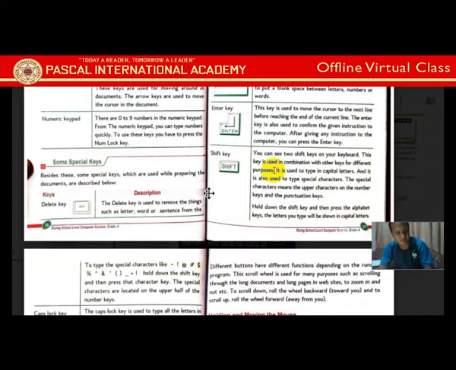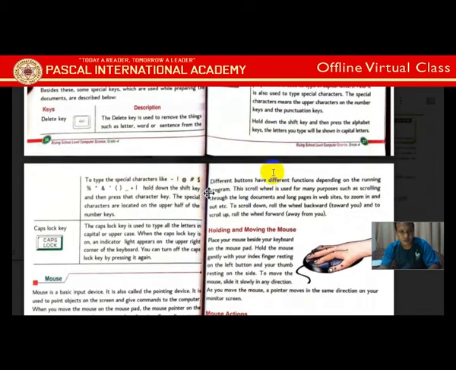If you hold shift and press 4, the dollar sign will come. That's why the shift key has special functions. With combinations you can use many. Next one is caps lock. When you press caps lock, everything will be in capital, and again if you press caps lock, everything will be in small letters. That is the main function.